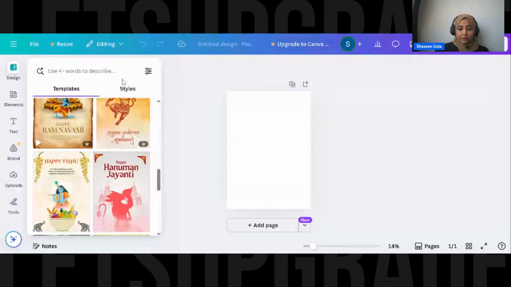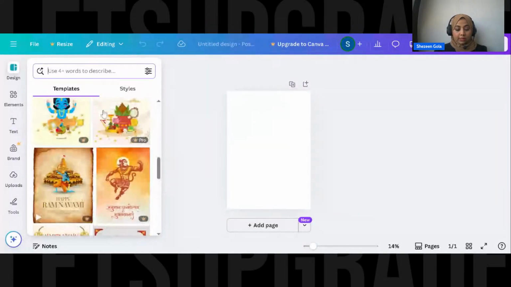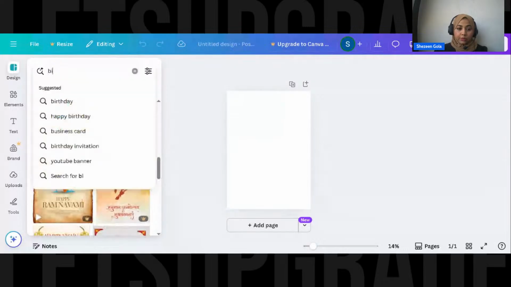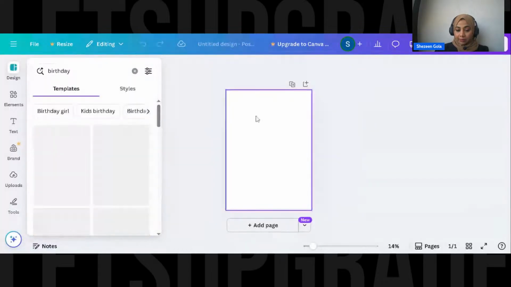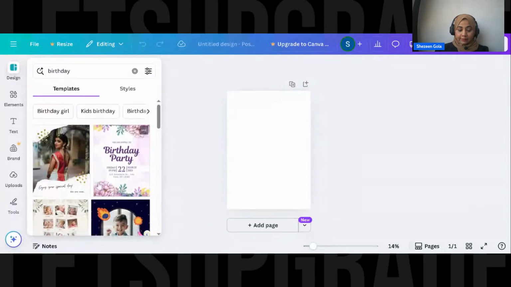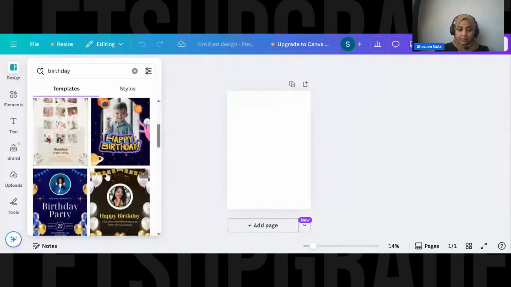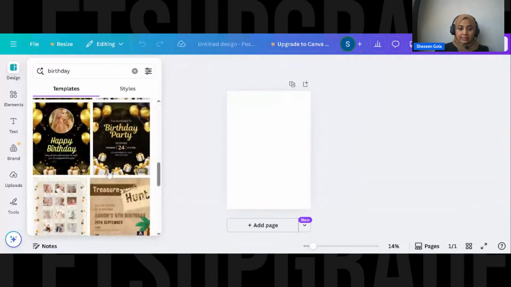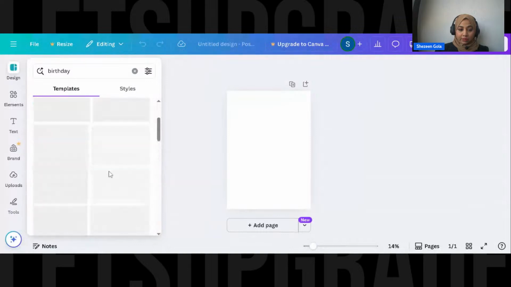For example, if you want to make something for someone's birthday, you can just type out here like a birthday card. What we are now doing is using a ready-made template which we like. So let's take a very basic template now.